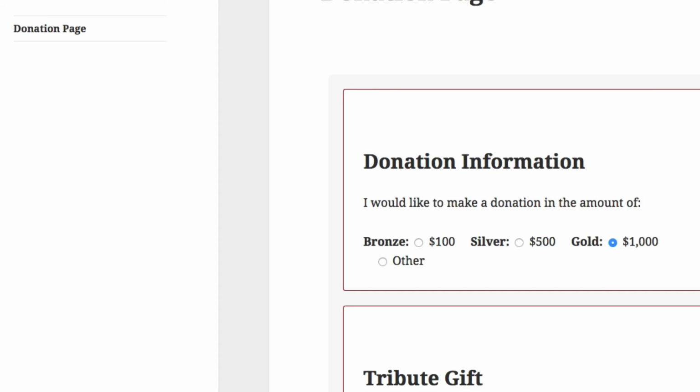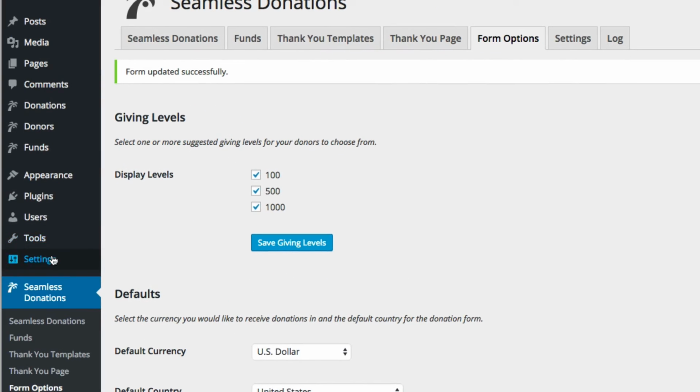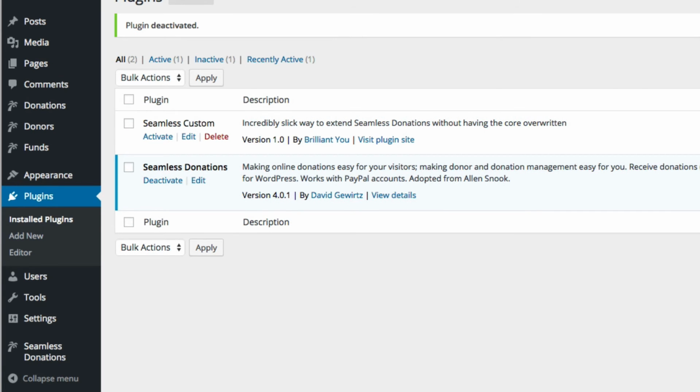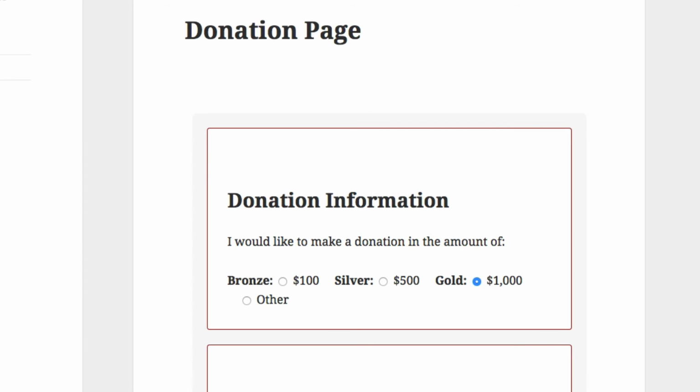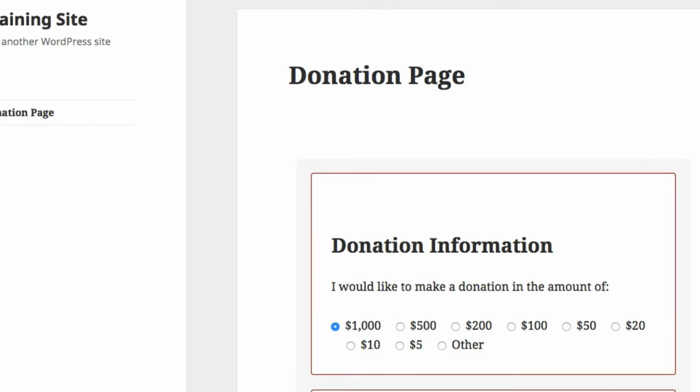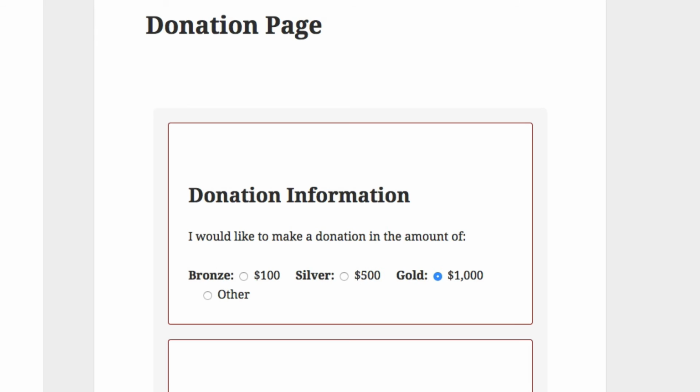Now this is where it becomes interesting. Okay, so now you have this here, right? Let's go back to our plugins. Let's deactivate the custom plugin. Let's go back to your plugin page. Watch what happens. Boom. It starts at 1,000, it comes down, it goes back. But if you turn your plugin back on, activate, come back here, boom. So as you can see, you've completely changed the behavior of this, but you've done it externally to Seamless Donations